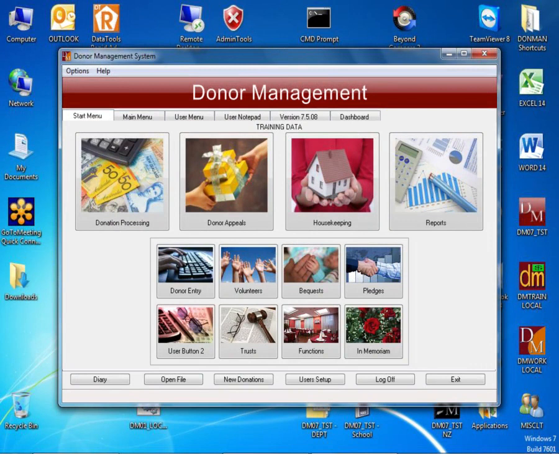So you'll see the two different ways that you might have it on your network. Donman will be its own drive letter as such, or you may have it where you have Donman, and then you'll have DM Work, DM Train, etc. under that. If you're not quite sure where it is on your network,